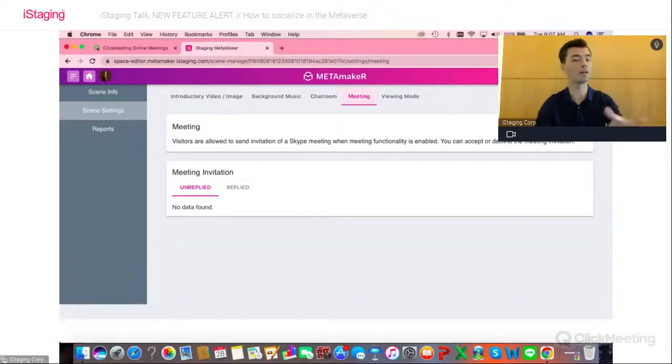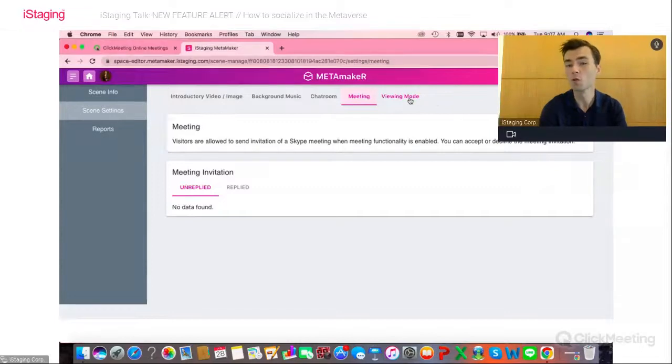And when a meeting is created, so both parties have decided, yes, we want to meet, we confirm the meeting, a Skype link is automatically sent out to both parties. So you can use Skype, but if you want to use Zoom or any other conference software, feel free to do so. But just to help you out, automatically a Skype meeting link is created.